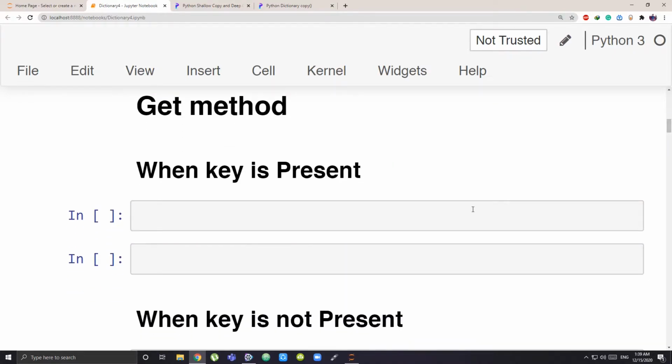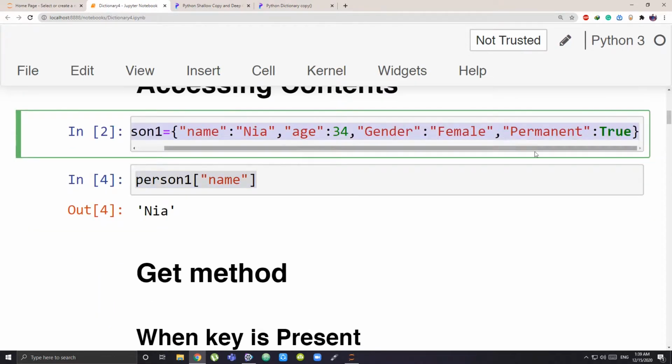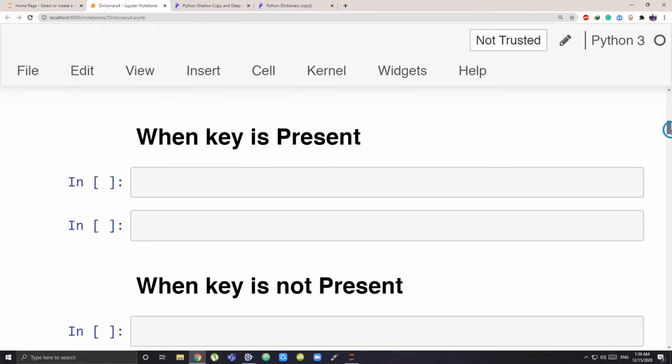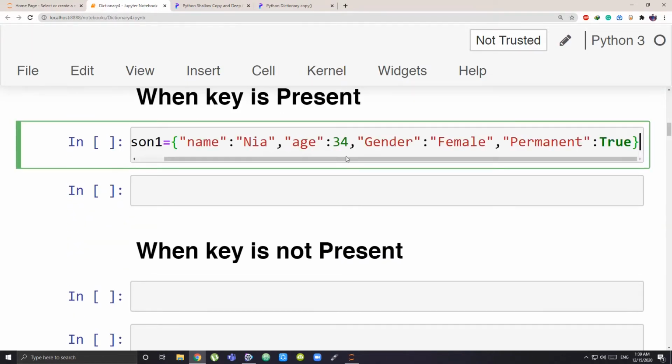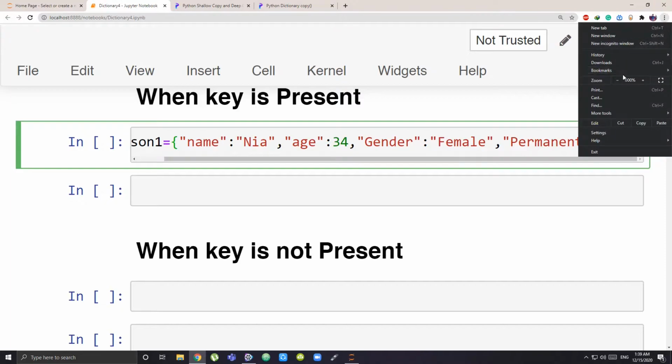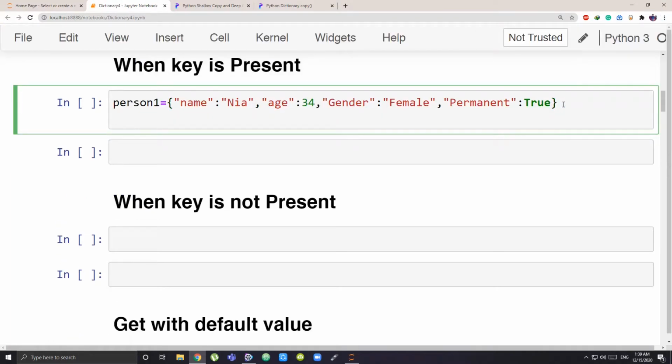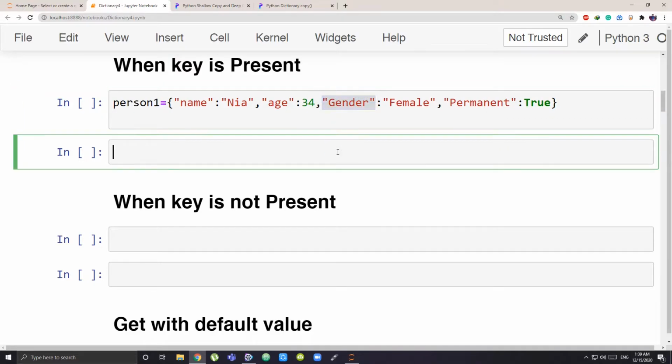Now this is a different way of extracting your values. So let's keep the dictionary in front of us so that we can use the get method. How will I make use of the get method? Let's take an example for a key that is already present. I am finding a value for, let's say, gender. What is the gender of person one?